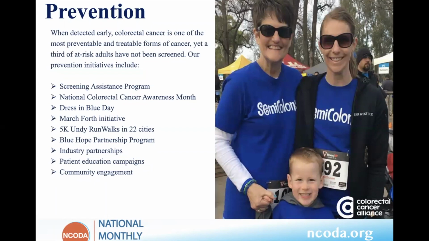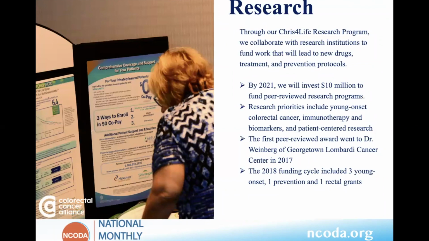And then I'll just, in the interest of time, pop over and talk a little bit about research. And where we are there is we have our CRISPR for Life research program, where we collaborate with research institutions across the country. In 2017, we also launched our peer review research program, and our goal is to invest $10 million in research by 2021. And we awarded our first grant in 2017, focused on young onset, to Dr. Weinberg from Lombardi at Georgetown. This past November, we also awarded in our second cycle 3 grants focused on young onset, 1 on rectal, and we are actually closing out our prevention grant on the 18th of this month, and we'll be launching cycle